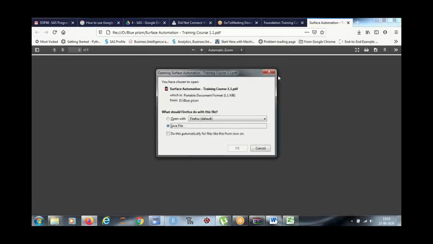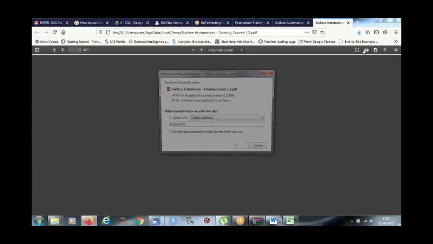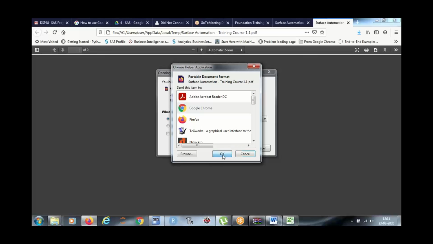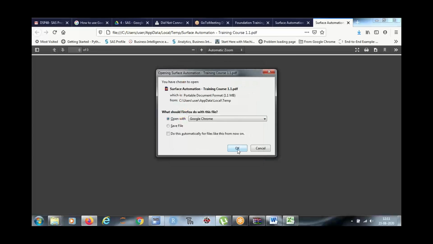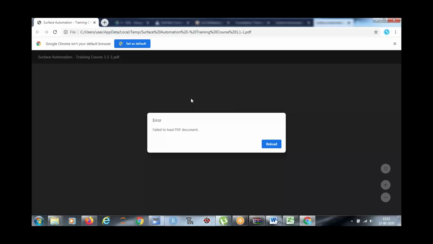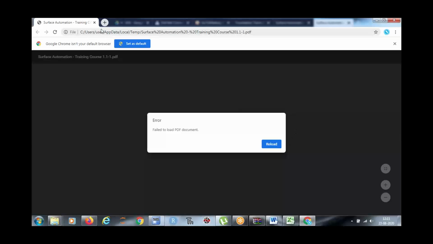What was this training thing? Some issue with this PDF.